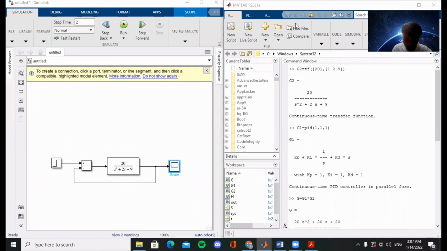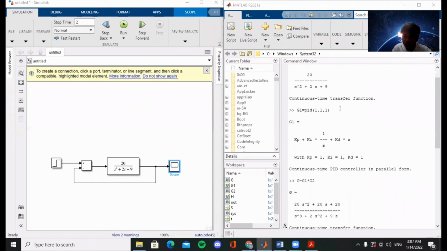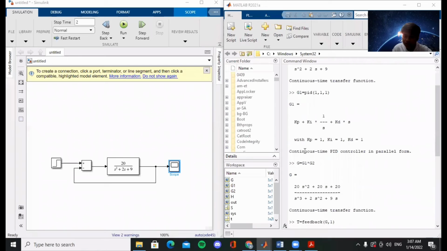Okay, so I will continue with objective number 3, which is to implement a controller in the system. So I implement a PID controller. In the command window, G2 equal to tf(20, [1 2 9]), and enter. And then I do G1 equal to pid(1, 1, 1), and then G equal to G1 times G2,